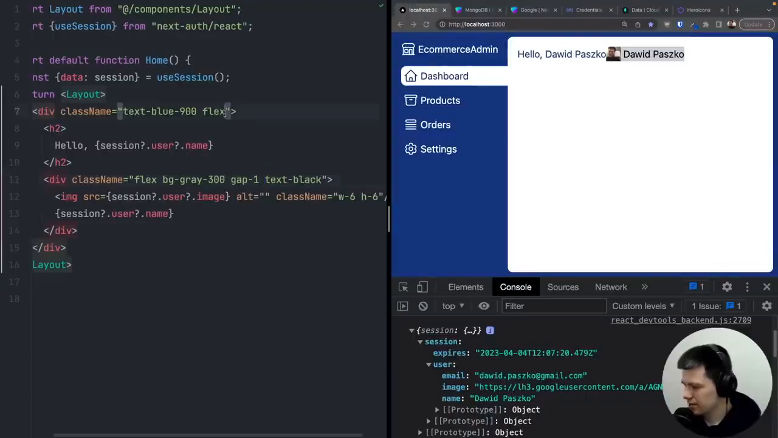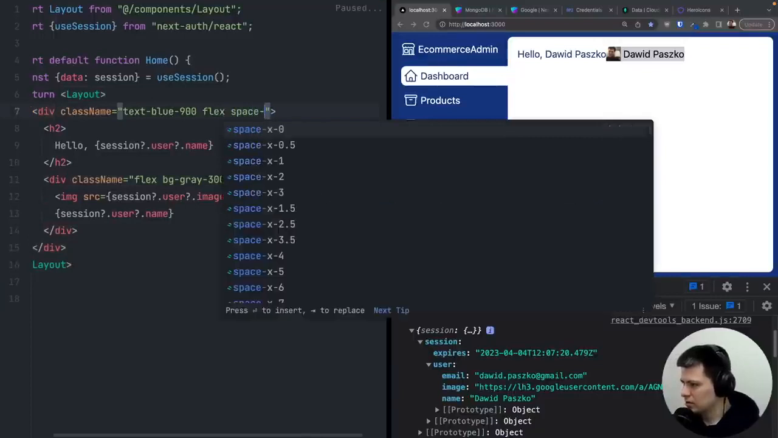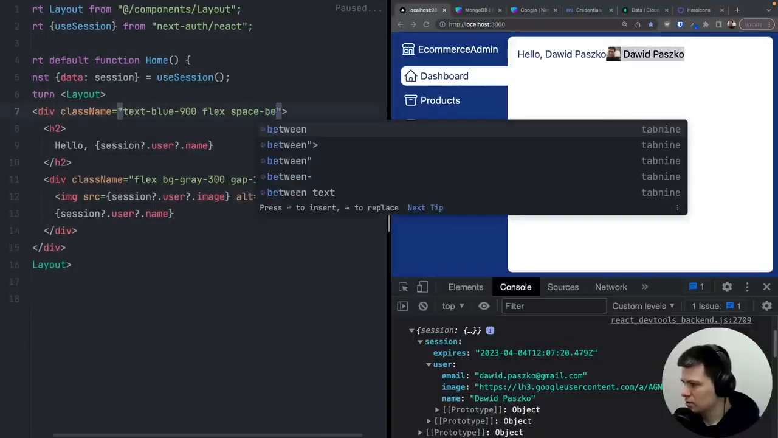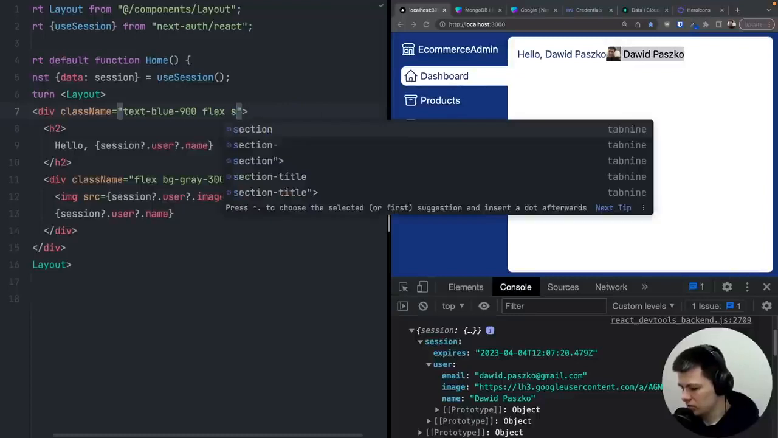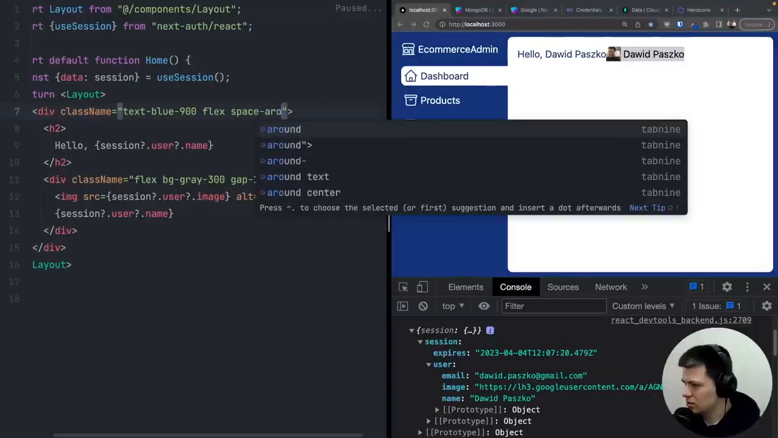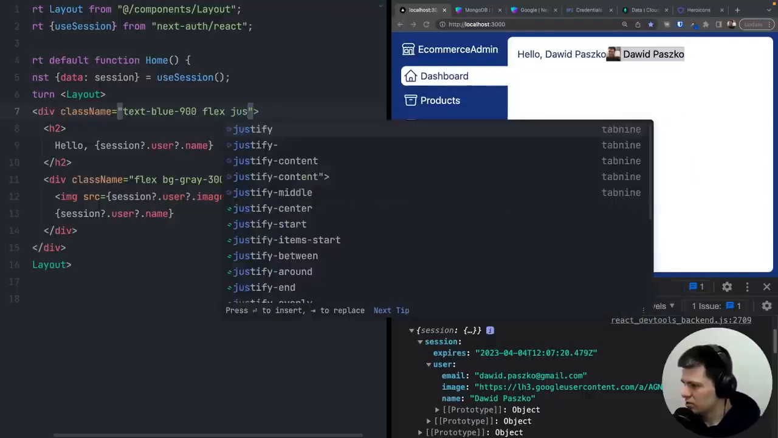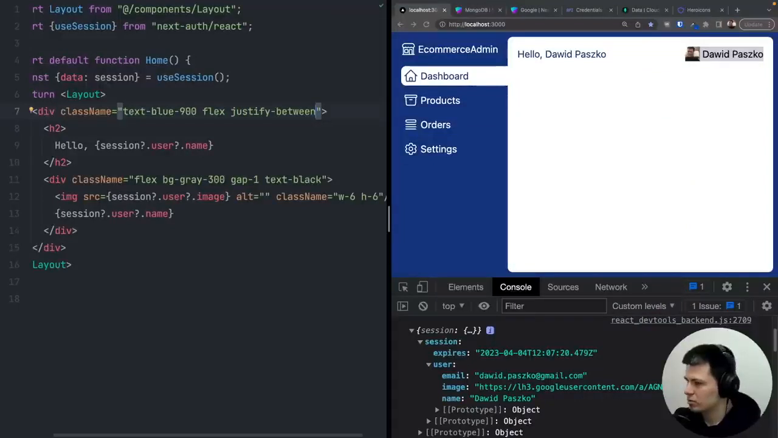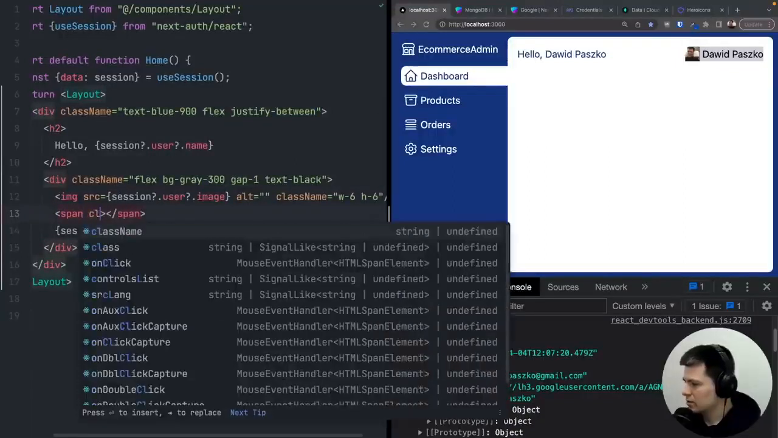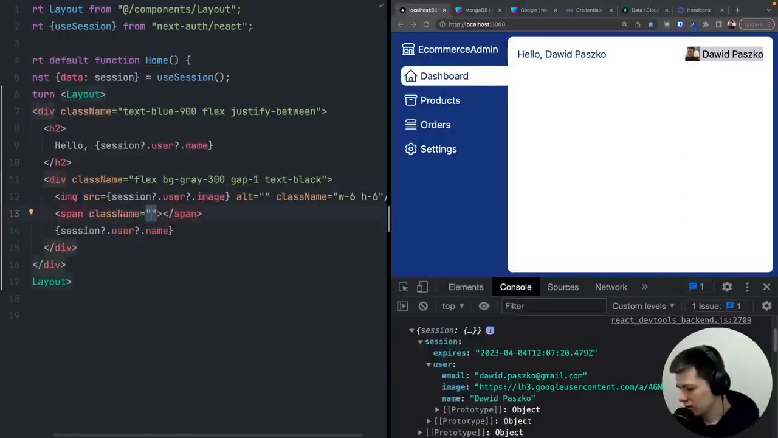So for this flex, I want to add space between. Space between. No. Let's try with space around. No. The flex. Sorry, it should be justify between. Yeah, now it works. Now for this session username here, I put a span, and I will add some padding